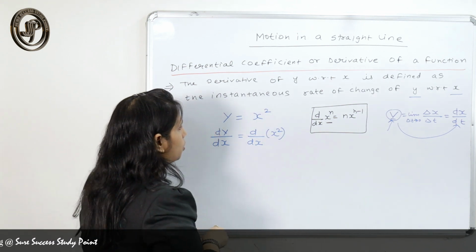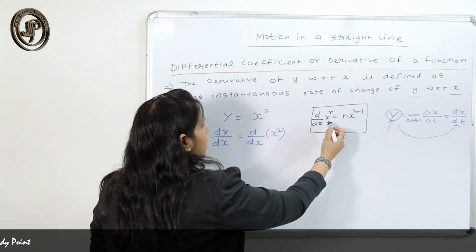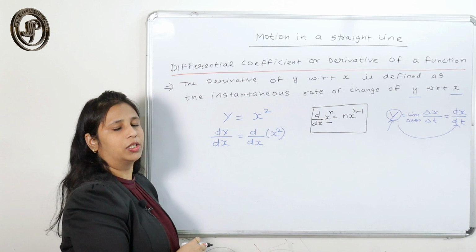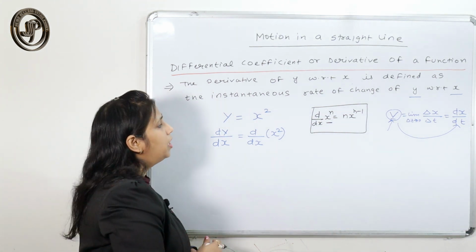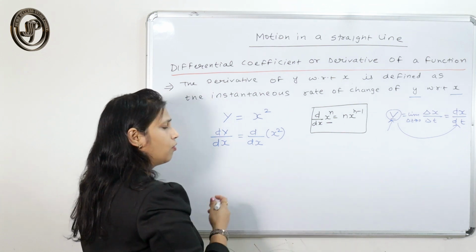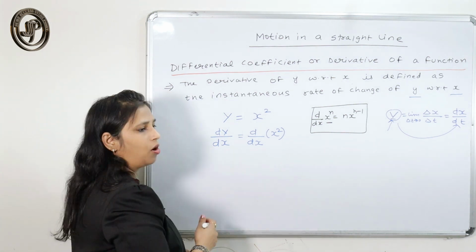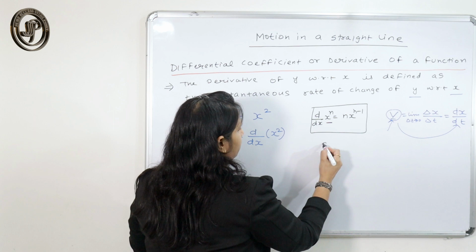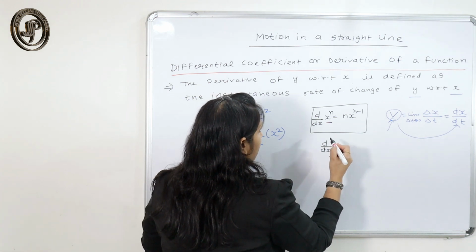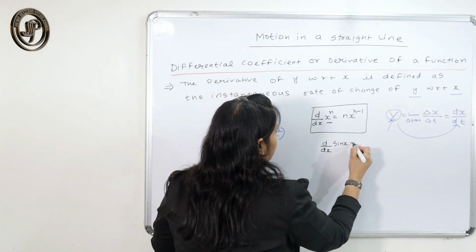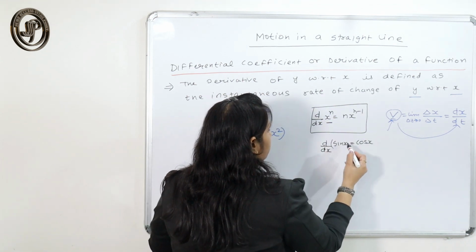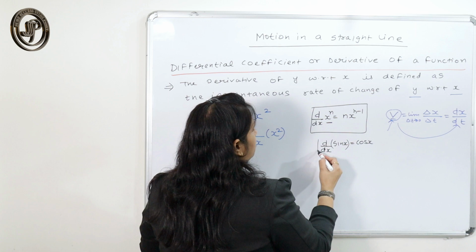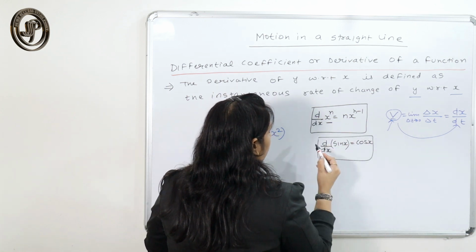Here I am going to make you understand the derivative of the algebraic function, whose formula is that d by dx of x raised to power n is n x raised to n minus 1. Even you can find the derivative of other functions by knowing their formula. For example, the derivative of the function sin x would be cos x. So, if this function comes, we just need to apply this formula.